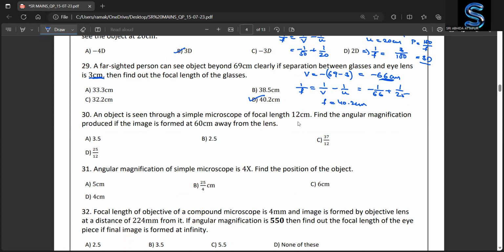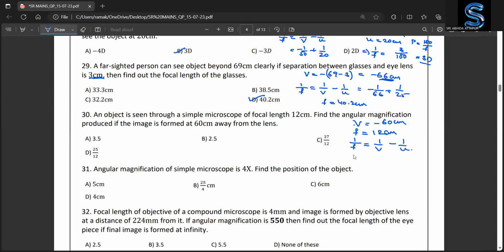So here observe that the image is formed at 60 centimeters. So here we can represent that v is equals to minus 60 centimeters and u has to be derived, whereas the focal length of the lens has been represented as 12 centimeters. So by using the equation 1 by f equals to 1 by v minus 1 by u,